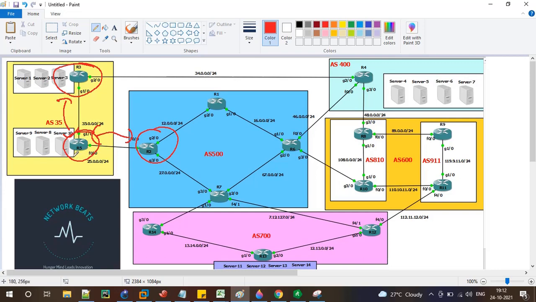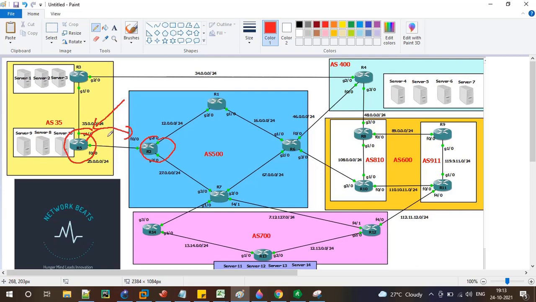Let's say I'm taking router 5 and router 2. On router 5 I'm enabling authentication for neighbor 2. Whenever I'm going to peer with router 2, a password should be exchanged and received, and it should match.